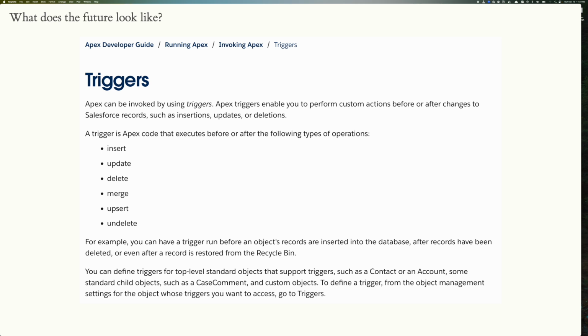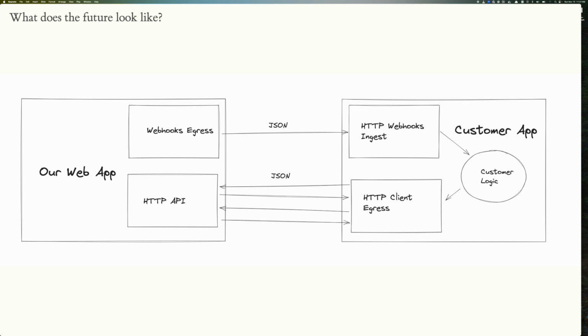The most interesting part about Salesforce is this idea of triggers. Triggers are basically, anytime you update an object in Salesforce, they wrap around all these CRUD operations and call your code when some event happens on an object. With this kind of programming model, you can customize anything in Salesforce. So how are we going to do this in Twenty?